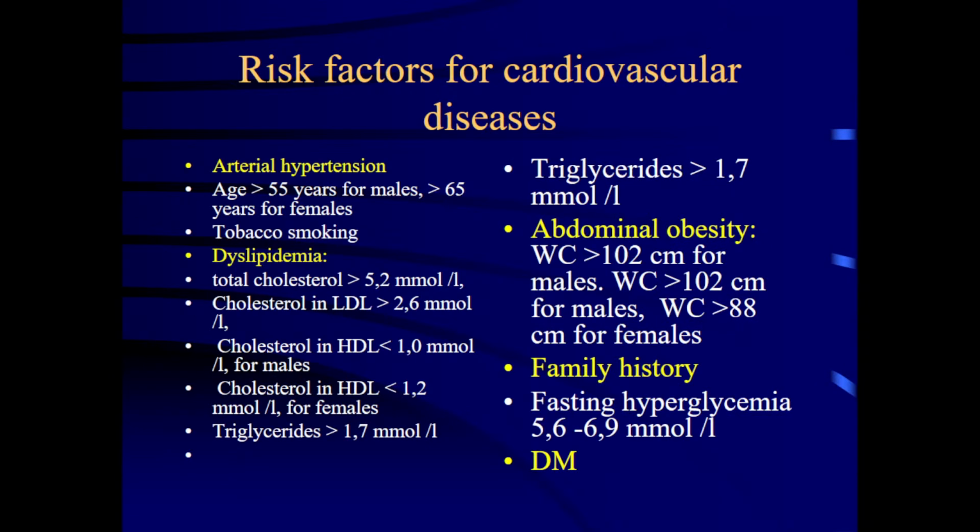Now, you can see a table with a list of risk factors for cardiovascular diseases. And the first position is for the most significant risk factor, and this factor is named arterial hypertension. The next is age, more than 55 years for males, more than 65 years for females, and approximately more than 60 years for the population. Tobacco smoking, dyslipidemia is of great importance. You remember about hypercholesterolemia, more than 5.2 millimole per liter,